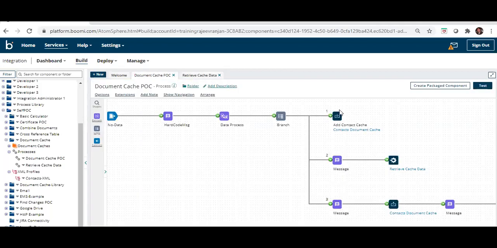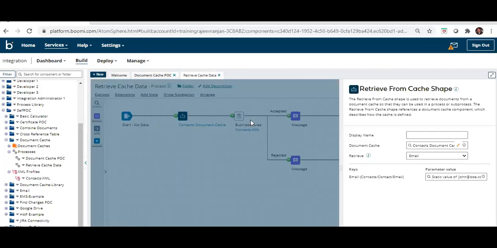In our different processes, in branch one we have cached the data. Now in branch two, by calling the sub process, we are going to retrieve from the cache. So how are we going to retrieve from cache? We have used the document cache, and we are pointing to it, retrieving by which index. I have used retrieve by the index email.